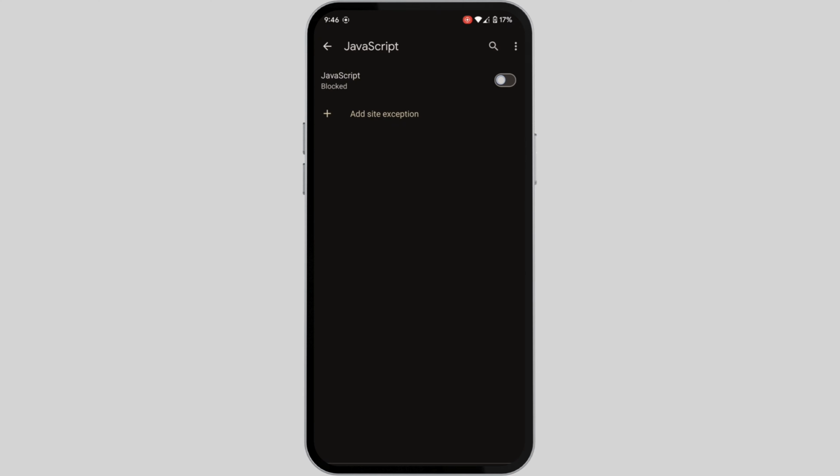So that's all for today, and this is simply how you can enable or disable JavaScript in Google Chrome in